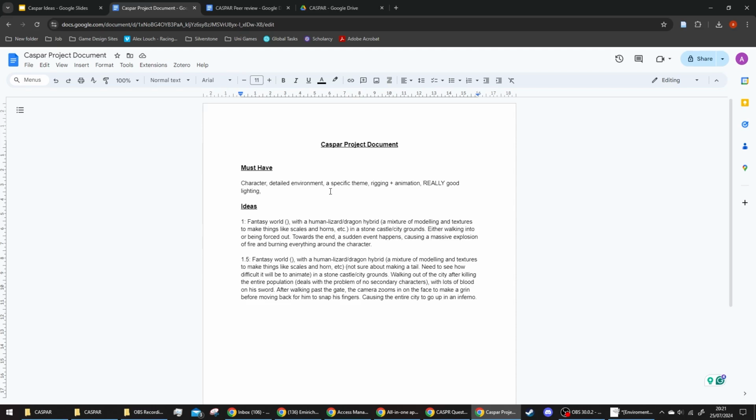So my original idea, which you can see here, is my fantasy world. The original idea consisted of the main character being a human lizard / dragon hybrid, which would allow me to have a mixture of modelling and texturing to make it look more dragonic, or scaly, with things like scales, horns, claws, potentially a tail, stuff like that. The environment I had in my mind was a stone castle / city courtyard area or grounds, with the character either